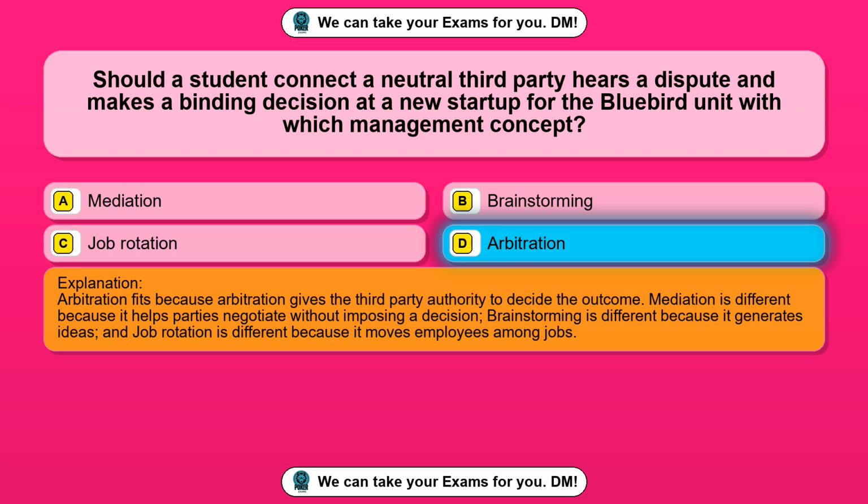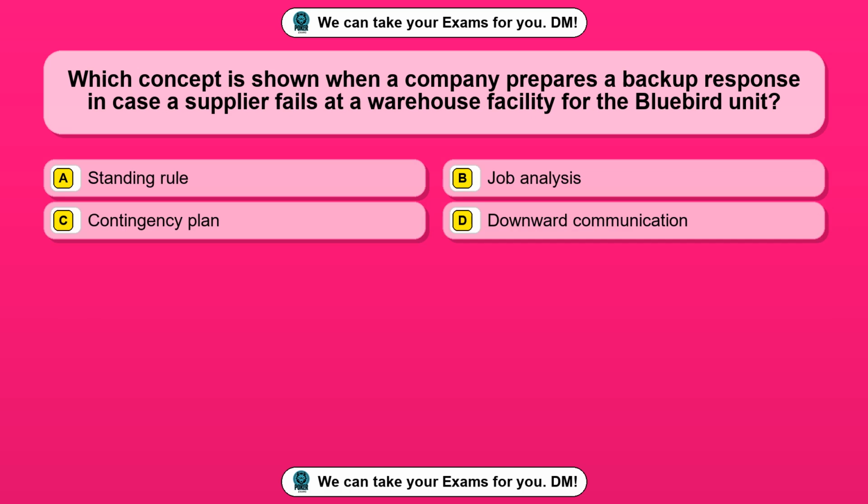Arbitration fits because arbitration gives the third party authority to decide the outcome. Mediation is different because it helps parties negotiate without imposing a decision. Brainstorming is different because it generates ideas, and job rotation is different because it moves employees among jobs. Question 81. Which concept is shown when a company prepares a backup response in case a supplier fails at a